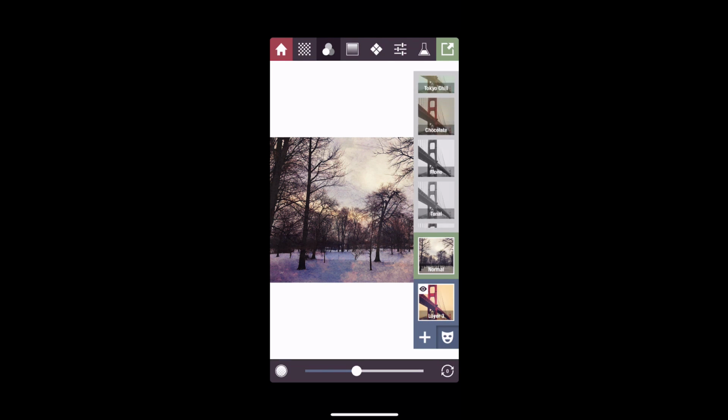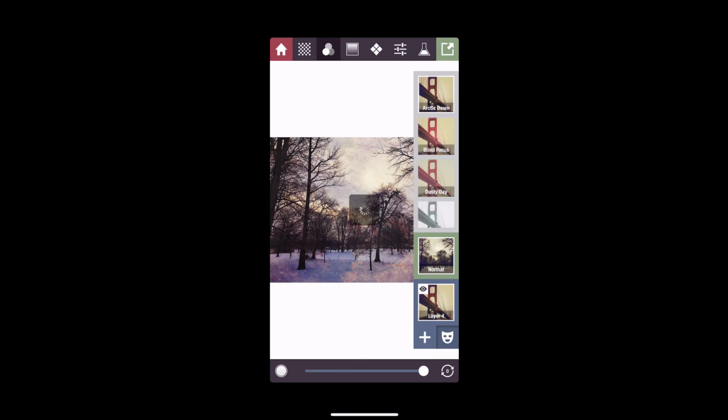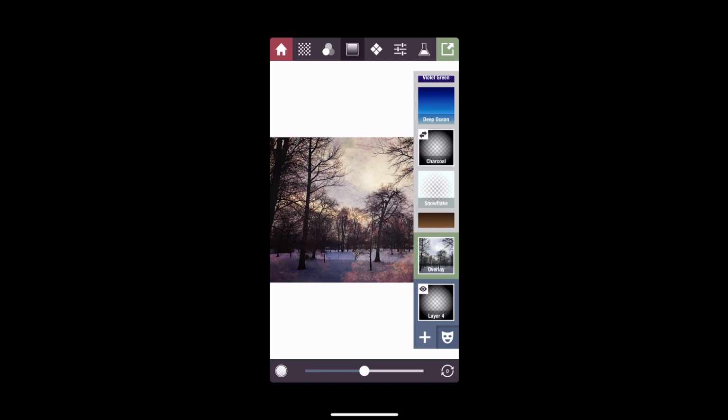So now the next thing I want to do, I want to add yet another layer. So I'm going to tap on the plus again. I'm going to add a layer, and this time I want to go to the gradient layer, the gradient tool. So that's the one in the very center, right there, and I'm going to choose a gradient that allows me to kind of vignette this a little bit. So I'm going to go to this charcoal gradient. I'm going to dial this up,